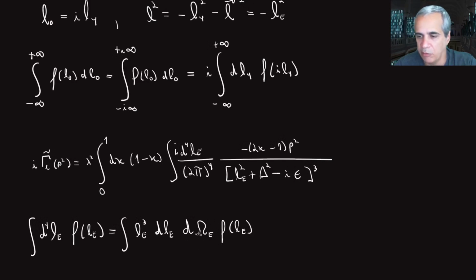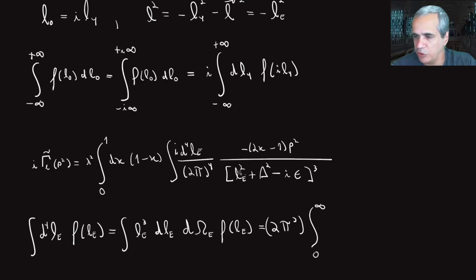I can do the integral over the solid angle because nothing depends on the angles here. That's just an extra 2π squared in 4 dimensions, right, for the solid angle in 4 dimensions, times the